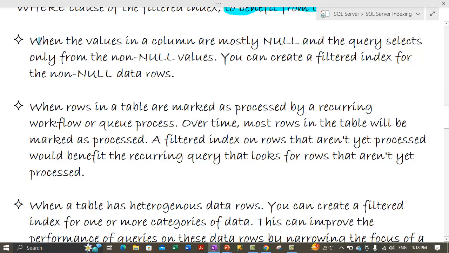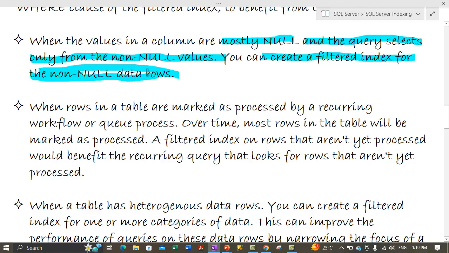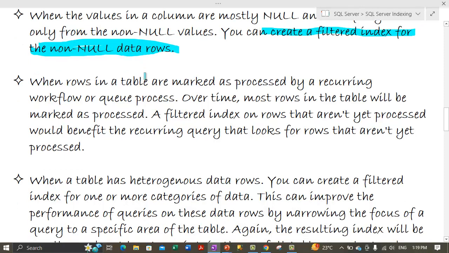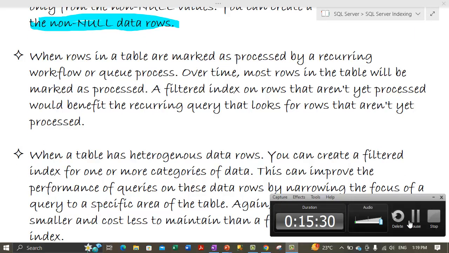Now, when the values in a column are mostly null, and the query selects only from the null values. This is one of the scenarios where we have mostly null values in a particular column, and if we have a query that only selects from null values, we can create a filter index for the null data rows. This is the first scenario. The second scenario is